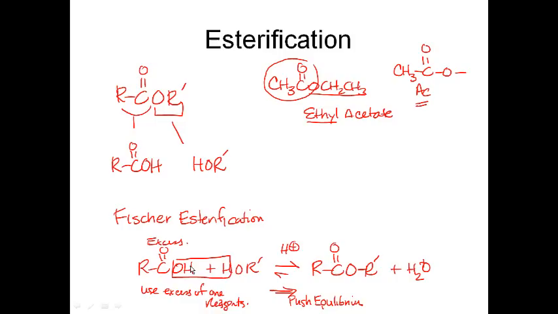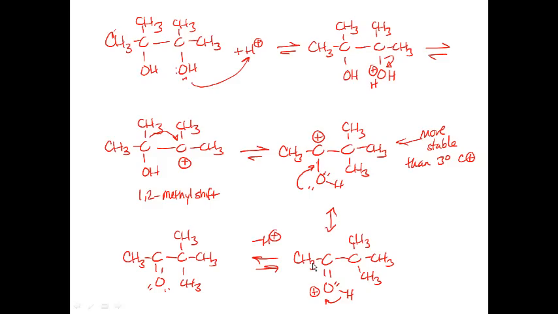I believe in lab that you will do a Fischer esterification and you will use an excess of the carboxylic acid to push the equilibrium to the right. And then you'll actually have to identify the unknown ester in that reaction. So the problem here is equilibrium. Even though this reaction works, it does have a little bit of an issue in terms of trying to push the equilibrium. We'll get into the mechanism of this reaction much later, but another alternative method to forming